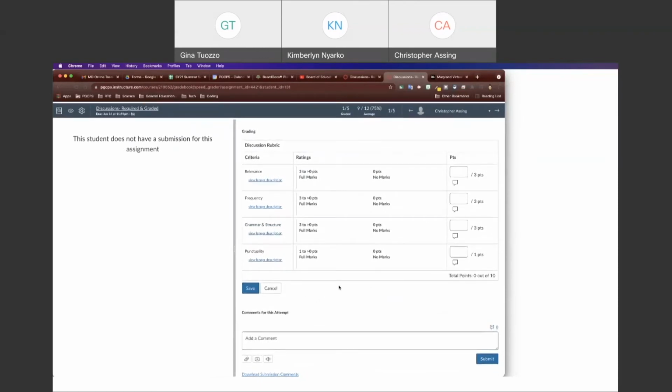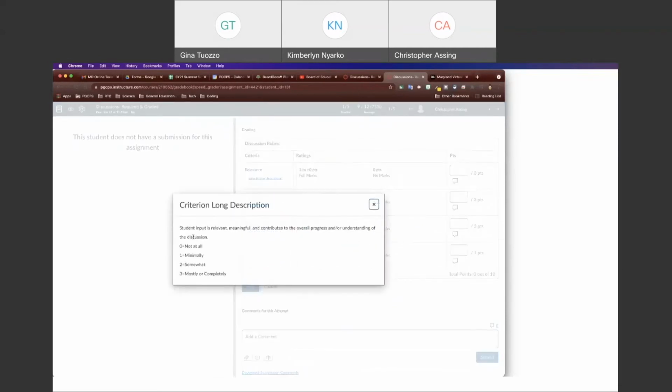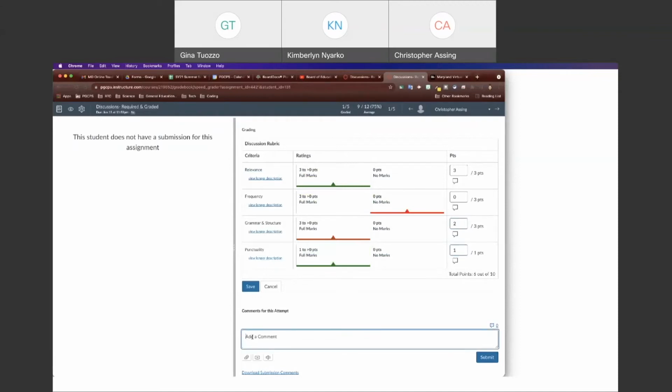And now I can give my assessment for what the student did. I have the option to see my description of what these things mean as far as the criteria in my rubric. I can give full points or no points just by clicking on each of the squares that I want to mark. But if I want to go somewhere in between, I don't want to give the full 3, maybe I'd like to give 2, I just pop into the box and enter the 2 in there, okay? And then I can say,